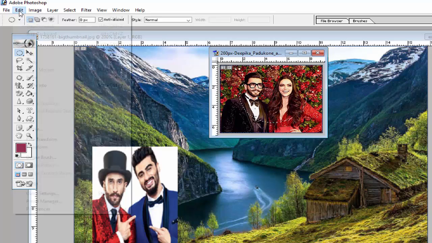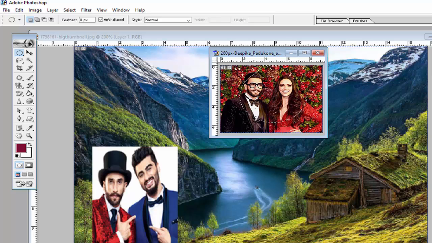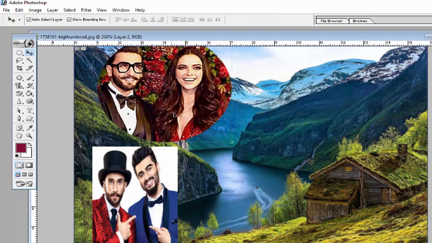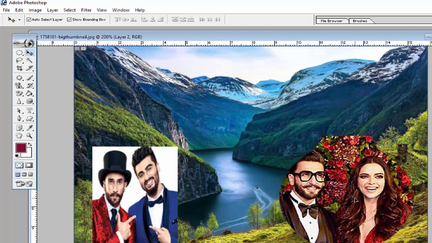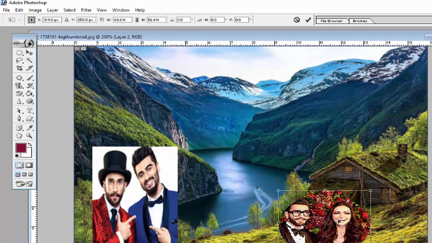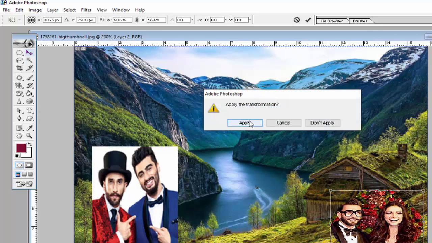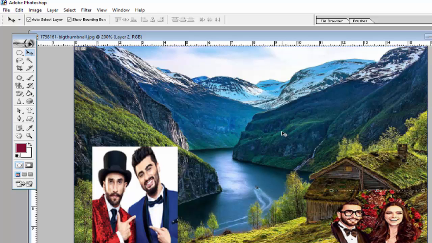And then you can go to Edit to Copy, or shortcut key Ctrl plus C, or click on Paste, shortcut key Ctrl plus V, to copy into the other image, or use this move tool option and drag this image, and you can put this image here and reduce that part of the image from here. Put the image where you want to put it, and click on transformation, apply the transformation. So this is the way to insert the image in your file.